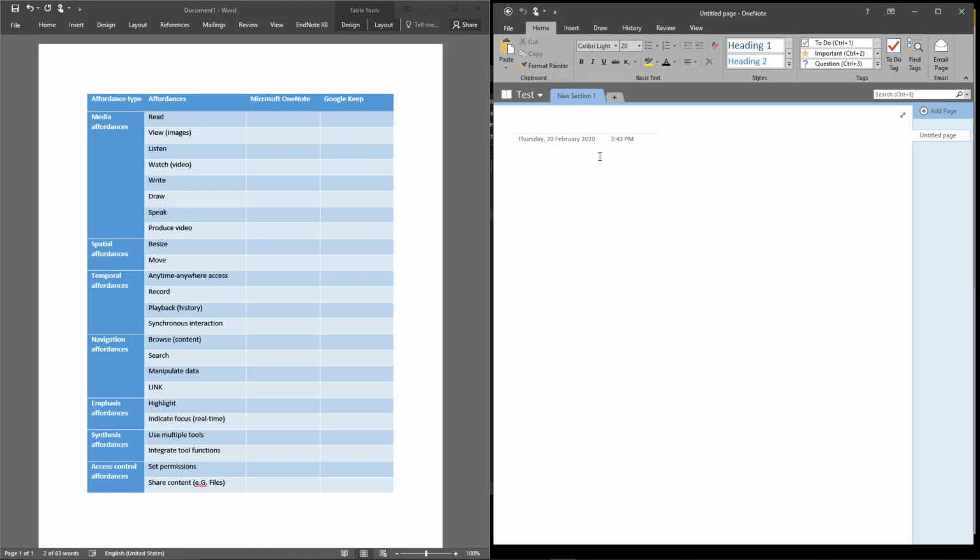Now, with OneNote, you might be familiar with it. It organizes information into tabs and pages, so you can create new tabs and new pages at any time. I've just created a little test page here just to show you. This is obviously a blank page, and let's start to explore what are some of the media affordances that are possible. So the first one is, of course, text, and if I start typing,